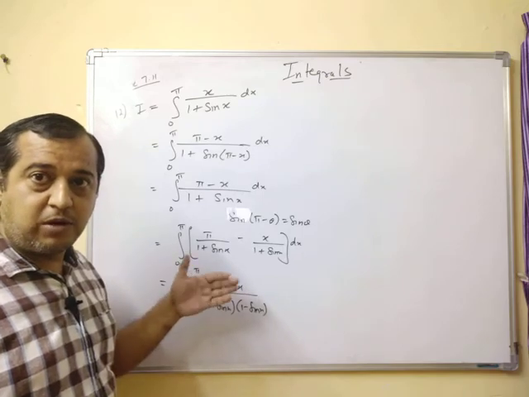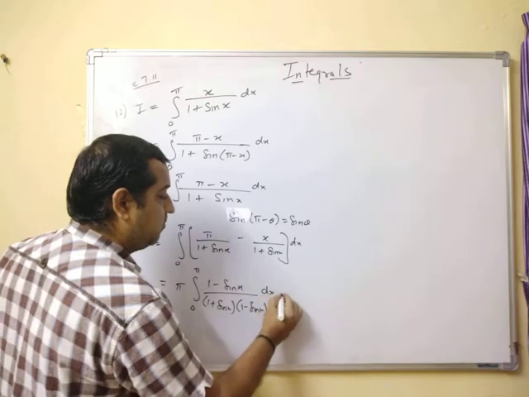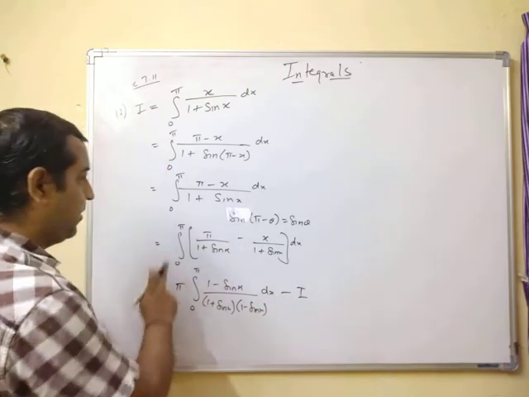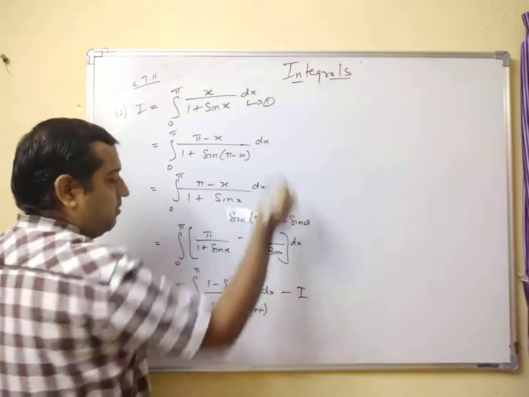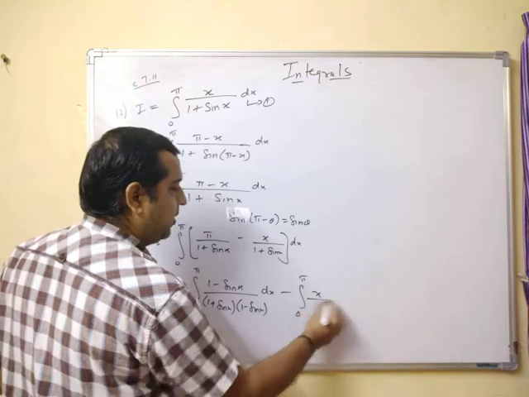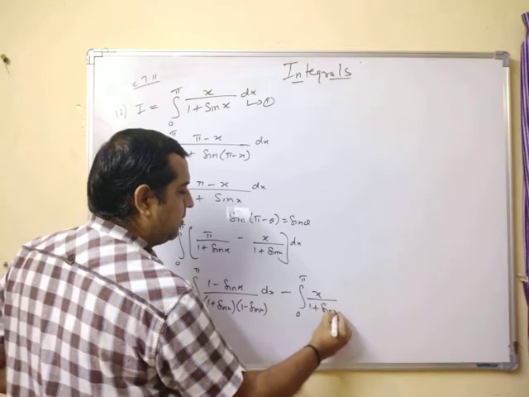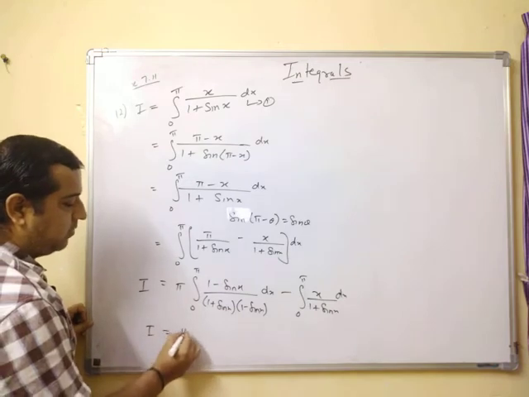1 minus sin x in numerator and we multiplied the denominator by 1 minus sin x, dx minus this is I. This integral will be I by equation 1. Means here what we get? We get integral from 0 to pi x upon 1 plus sin x dx. So this is nothing but I. You get I is equal to pi